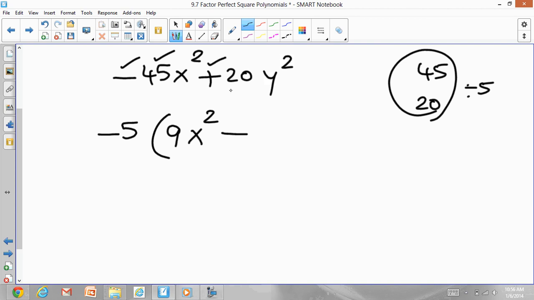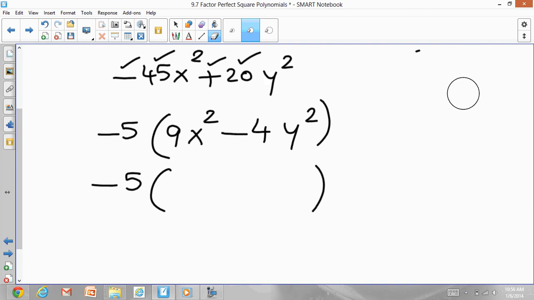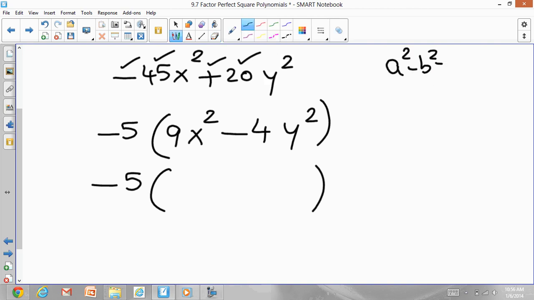So this is a place you got to be cautious. And 5 multiplied by 4 will give me a 20. And now I have y squared. You need to pause the video and rewind the segment and rewatch this again to have a better understanding. So now I have negative 5. And this looks similar to my a squared minus b squared formula. So if I recall the a squared minus b squared formula, it's going to be a plus b,